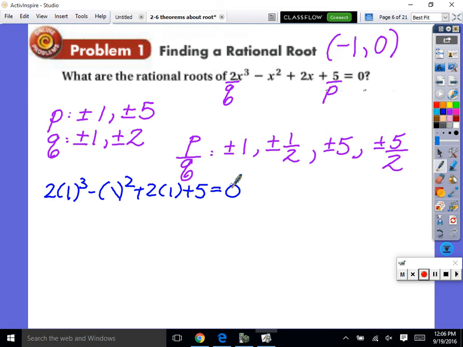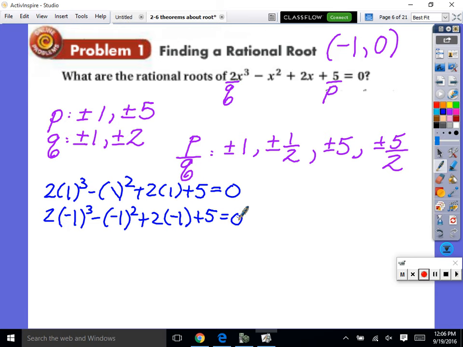We're going to test negative 1. You're going to test negative 1. Okay? So 2 times negative 1 cubed minus negative 1 squared plus 2 times negative 1 plus 5 equals